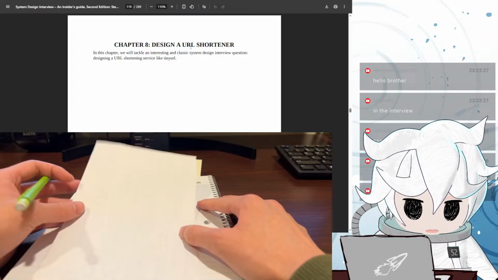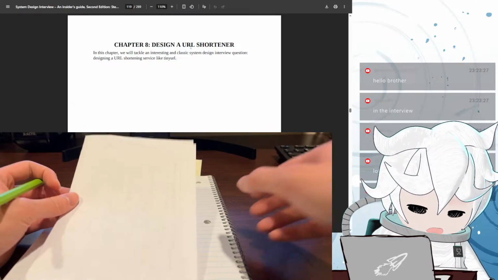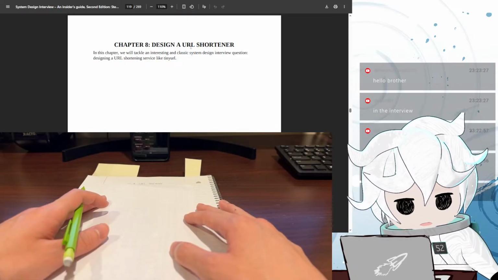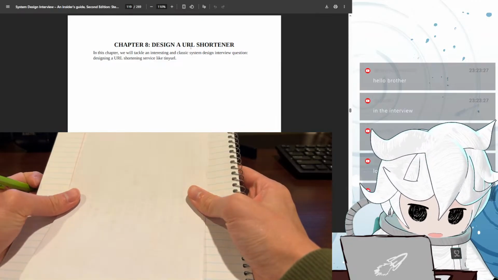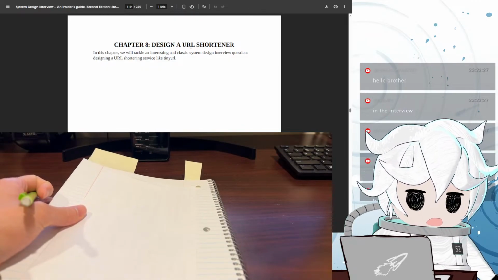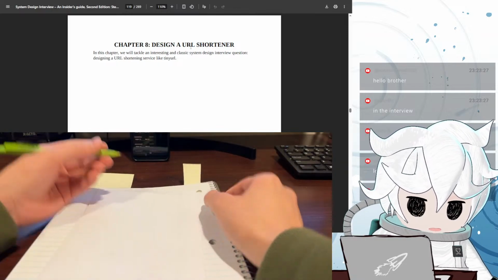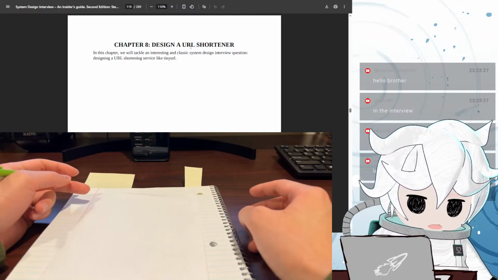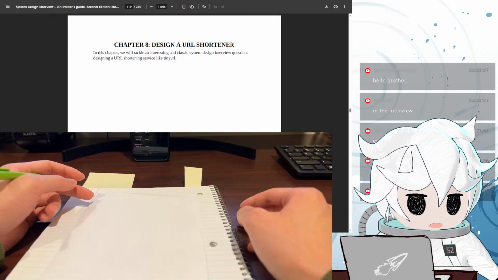But yeah, how do we design a URL shortener? I'm gonna try taking a guess first at how this is done, and then when I read it, I'll see how wrong I am. How do you guys think this is done? I think so. We definitely need a way to submit our long URL, right? And then store the short form of it.